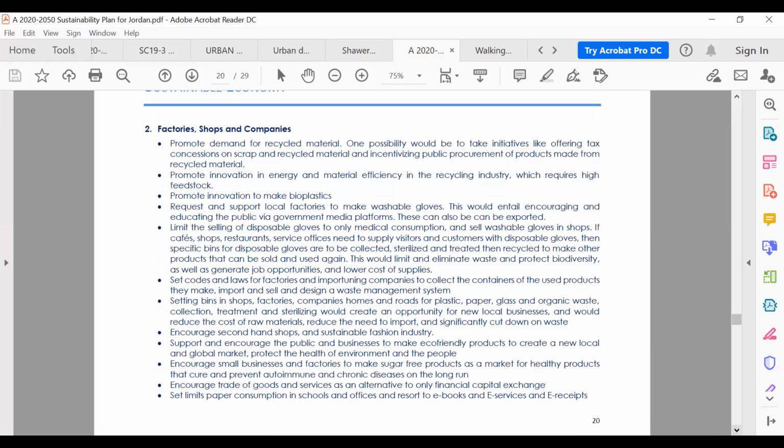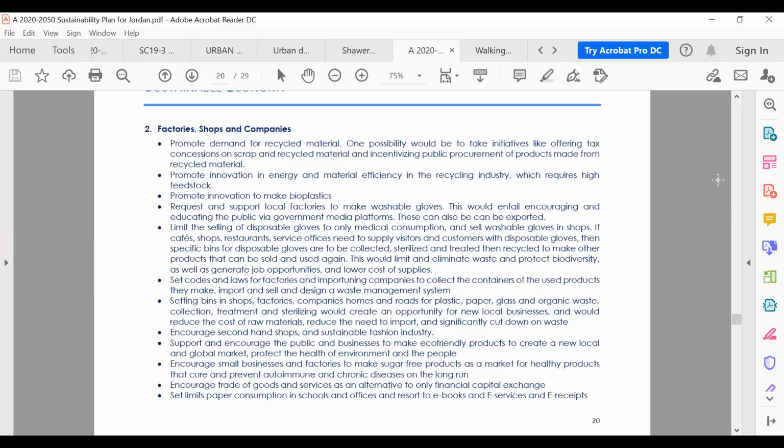For factories, shops, and companies, promote the demand for recycled material. One possibility would be to take initiatives like offering tax concessions on scrap and recycled material and incentivizing public procurement of products made from recycled material, promote innovation in energy and material efficiency in the recycling industry, which requires high feedstock, promote innovation to make bioplastics, request and support local factories to make washable gloves, especially whenever there are